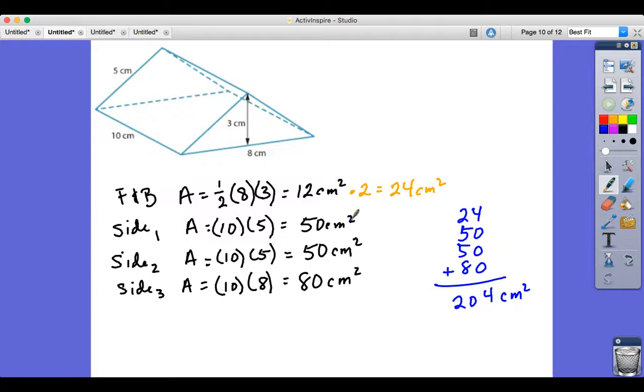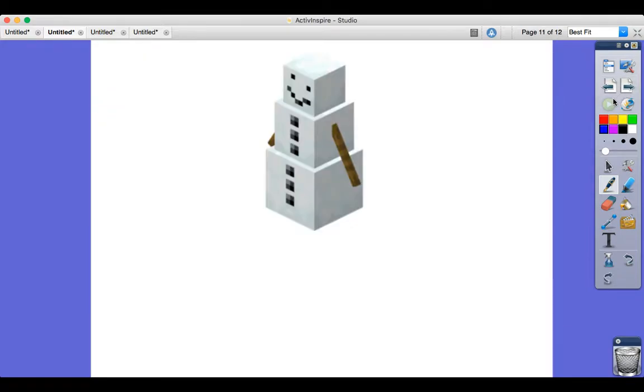For instance, let's say I'm playing a game and I encounter one of these guys. Now, some of you are now jumping out of your seat because you know exactly what this is. And so I think it's called a snow golem from Minecraft. So if I wanted to calculate the surface area of this guy,